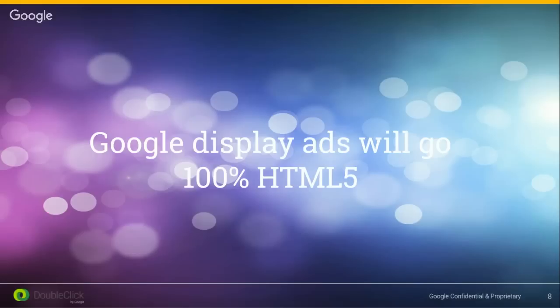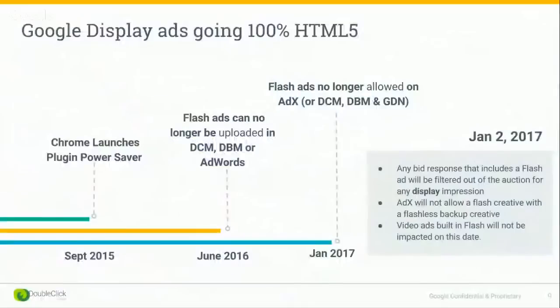To enhance the browsing experience for more people across more sites, DoubleClick Digital Marketing, DoubleClick Ad Exchange, and the GDN, that's Google Display Network, are going to be going 100% HTML5. If you remember, in September last year, we rolled out the Chrome plugin Power Saver to reduce power consumption and increase page load speeds. Then in June, we have another milestone coming up, and this concerns DCM, DBM, and